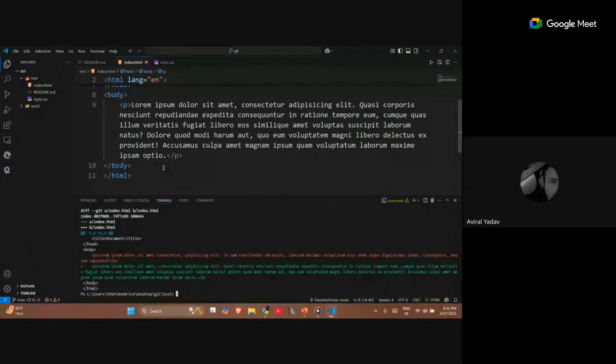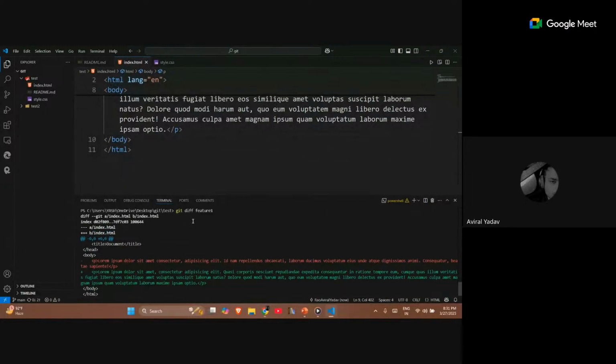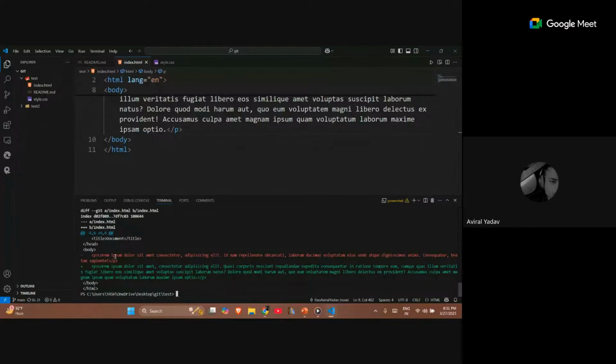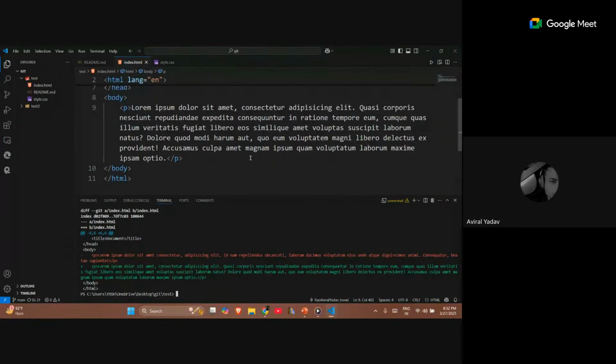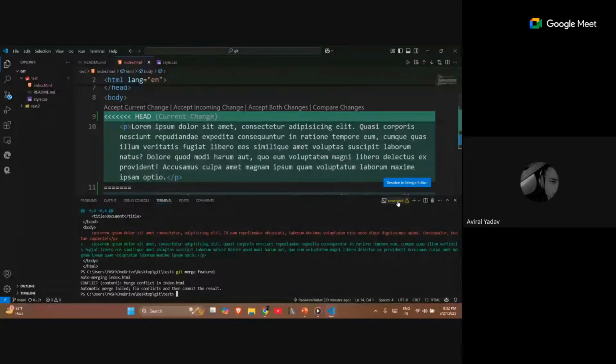So how to do it: before that, we can easily check the difference by using git diff, and to exit it, you can just press the Q button. You will have a hangover here, so just press Q and you will move out. No issue about it. Coming back to merging these branches together, where the issue has arisen or there is a conflict, we can simply use git merge. We are currently in the main branch and we want to merge it with the other branch, this feature. And as I click on it, you can see it's been highlighted.